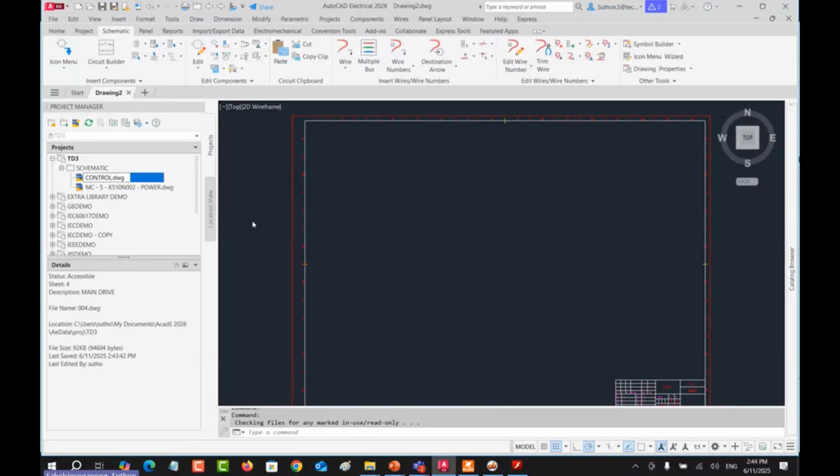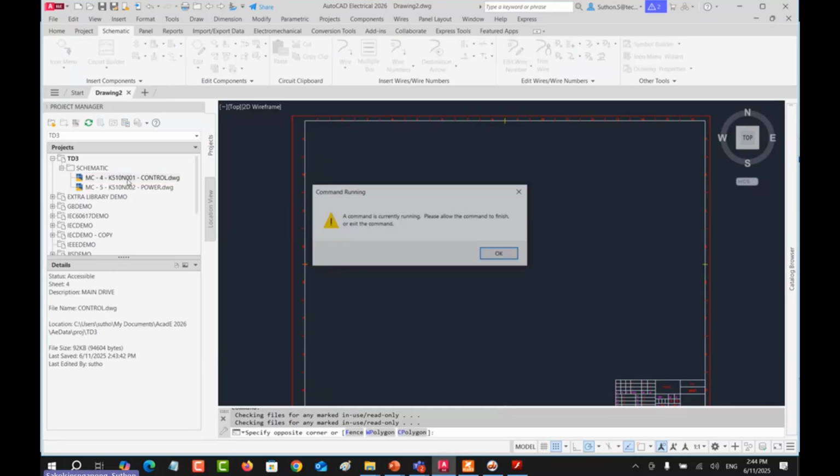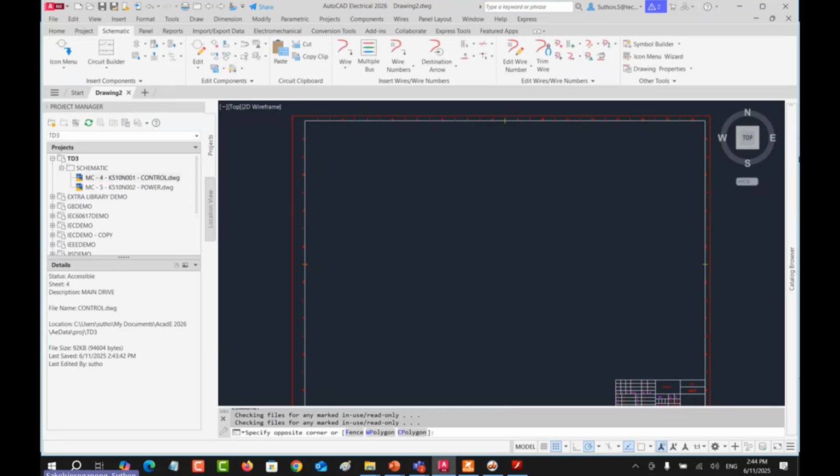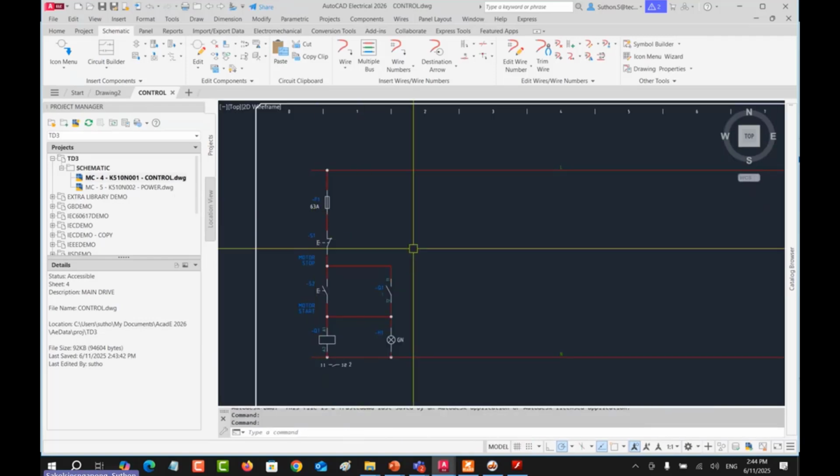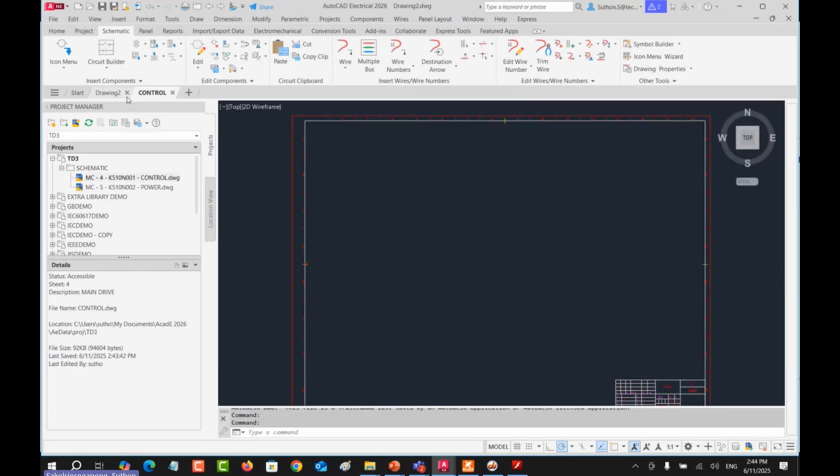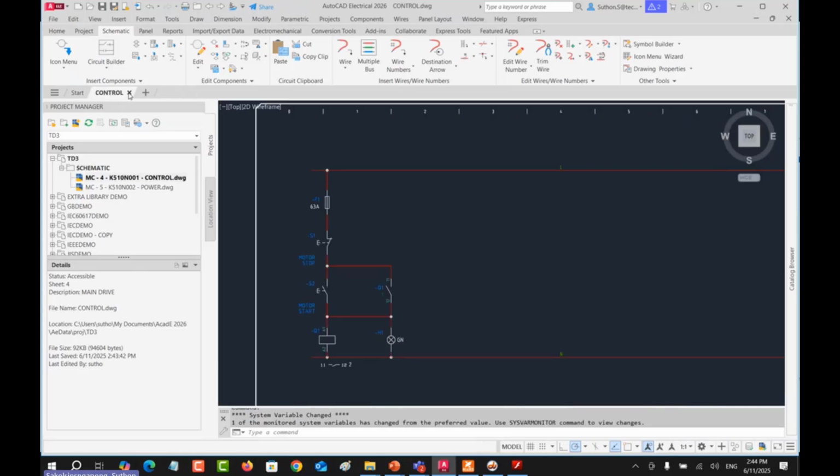Once you can open, you can rename it safely, right? Double click to open, control again. Here. And then this drawing is useless. You can close it.